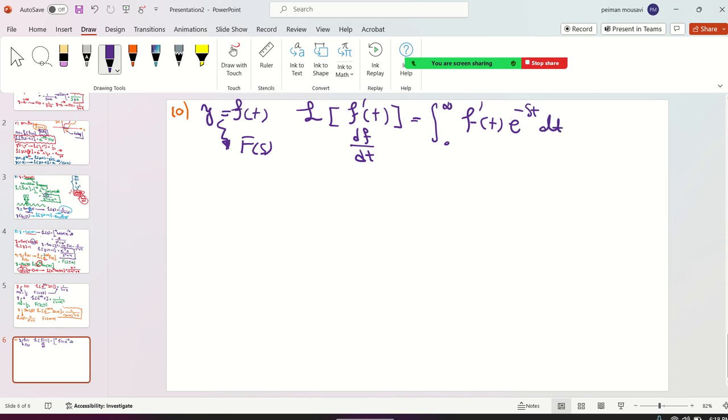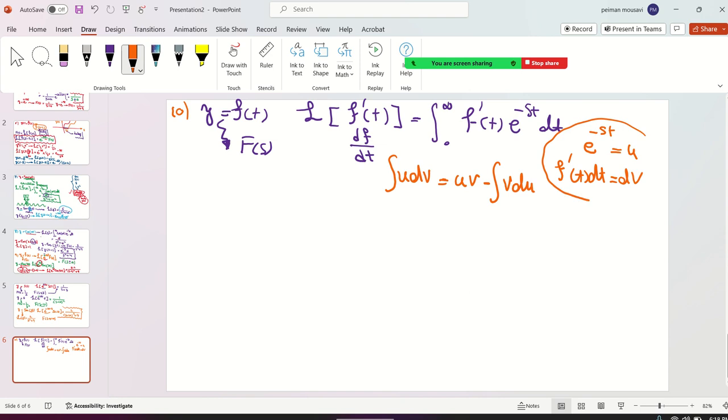Just use integration by parts. I'm just giving you the hints; you can do it at home. You can say e^(-st) is u, and f prime of t dt is dv. Use that formula I told you: the integral of u dv is vu minus the integral of v du. Find v from here and put u. So if you do that,